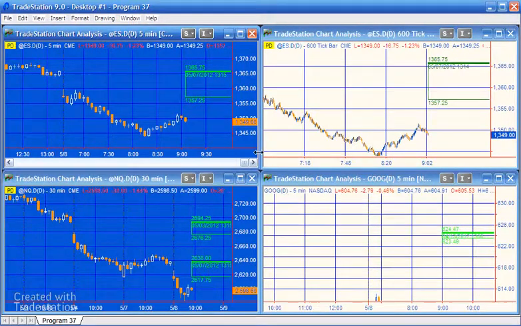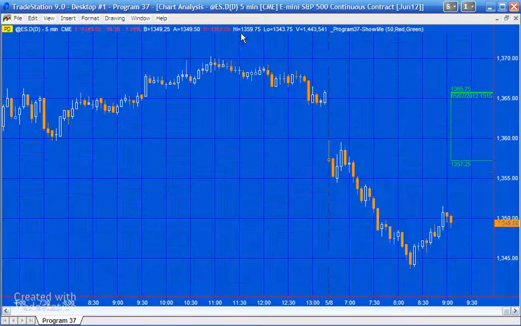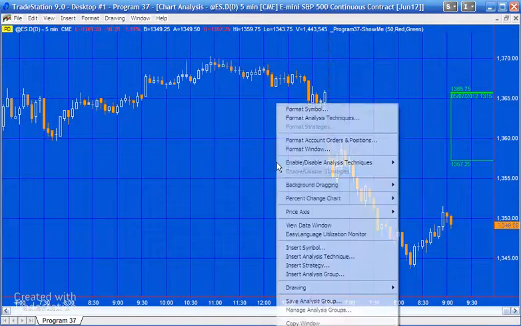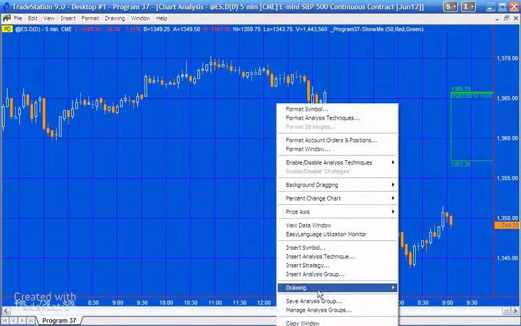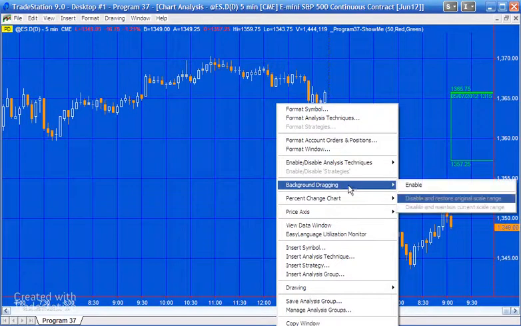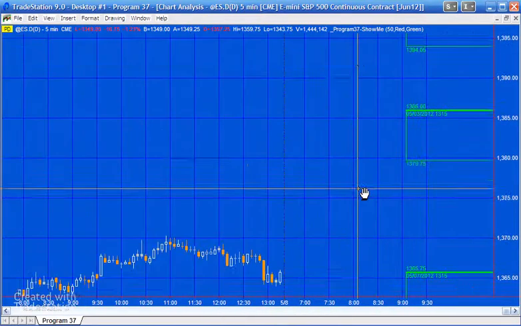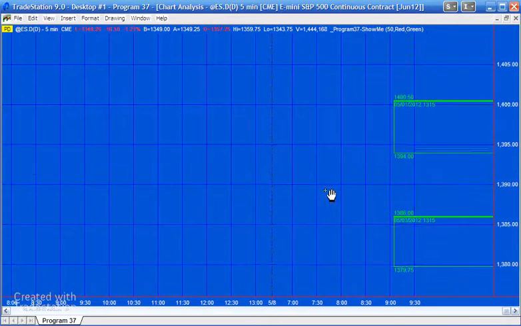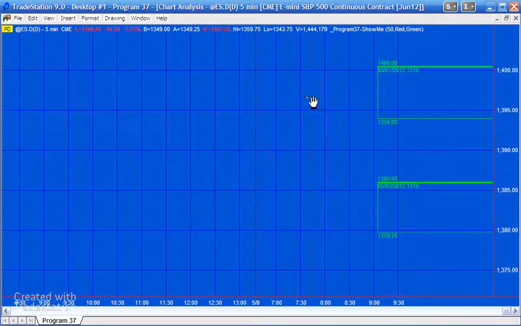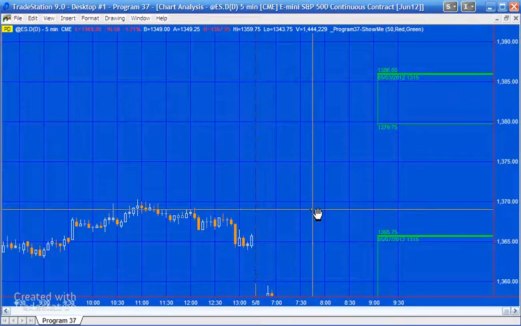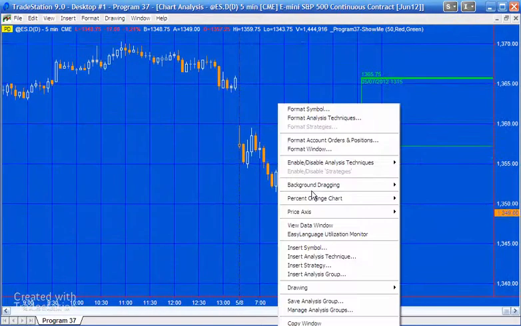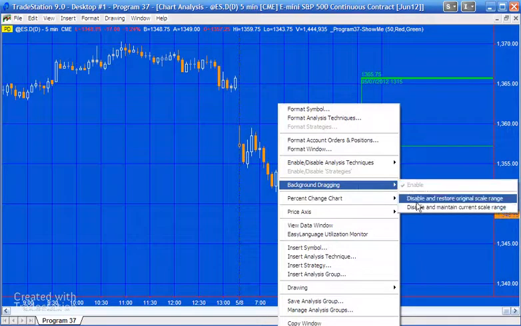And what you'll also see is, if we were to move this and change the background dragging to enable, then if we just were to move up and down the chart, you'll see it's showing a number of gaps that are not within the current viewing area of the chart. Another thing you might want to do, I'm just going to turn background dragging to disable and restore the original scale,